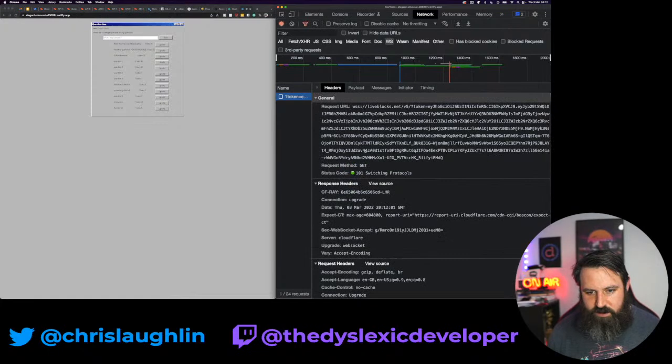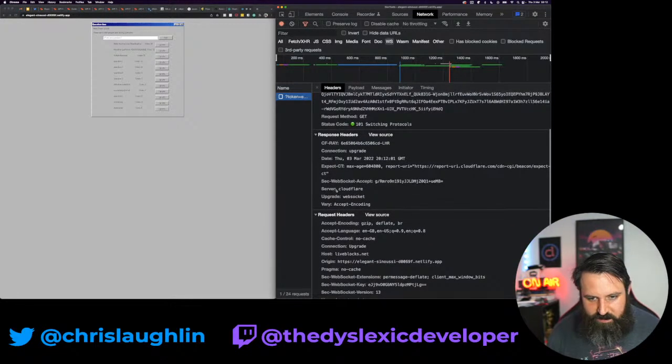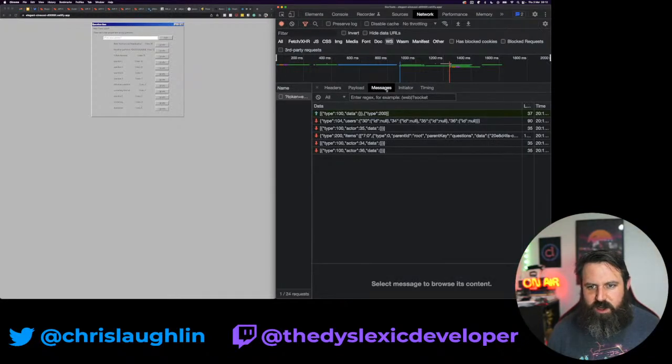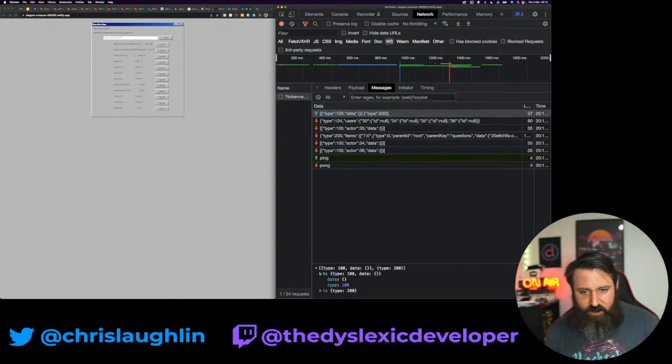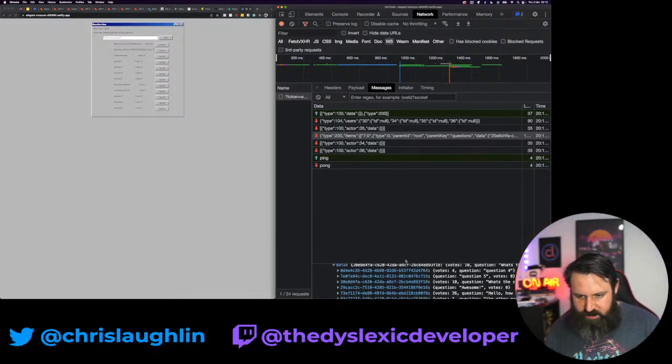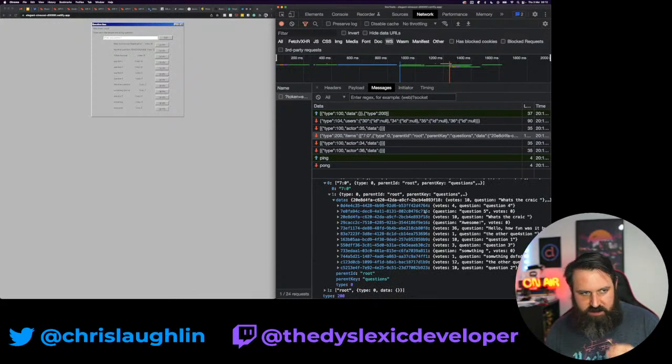Oh, I see Cloudflare. So it's run through Cloudflare. They seem to be getting really big and popular at the minute, the whole edge workers thing, serving stuff from across the world. That being said, I can never understand half the data that's going on in this thing, or figure out what's going on. Oh, okay, there we go. So you can see some of the data it's sending across.